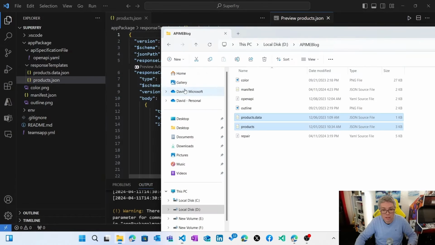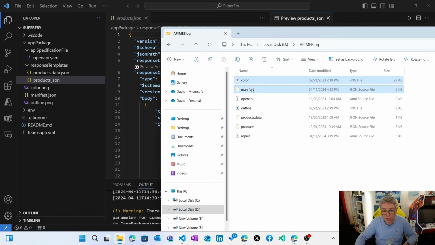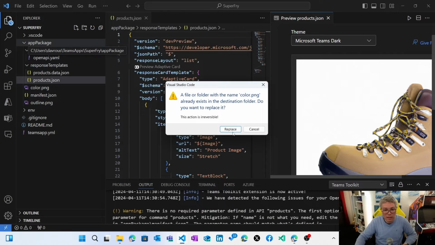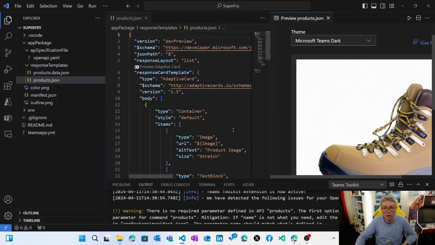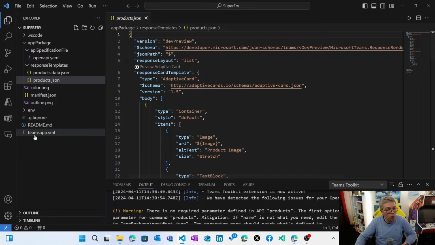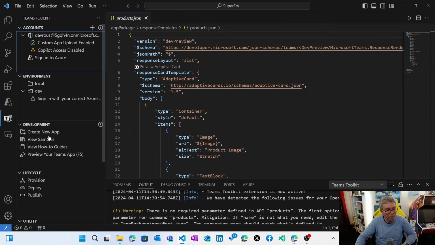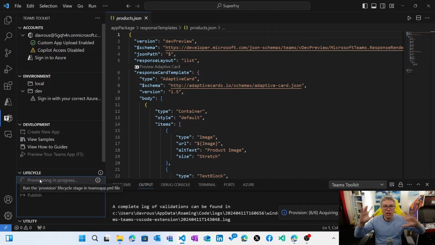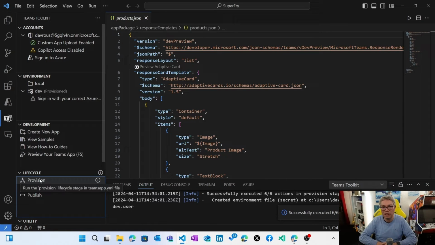The next step, to make it even more professional, is to update the various icons associated with my application. So here it is. I'm going to replace everything and then the manifest too. And now the next step is to go to the Teams Toolkit option and provision it. The Teams Toolkit is going to create an application ID, check that everything is well defined in your various manifests, check that everything is fine regarding the OpenAPI, package it, and then sideload it to your dev tenant.